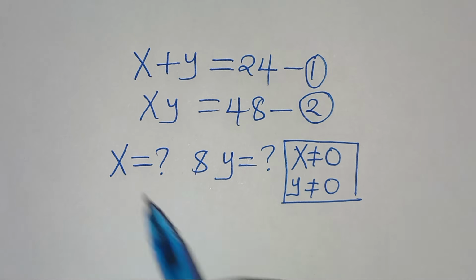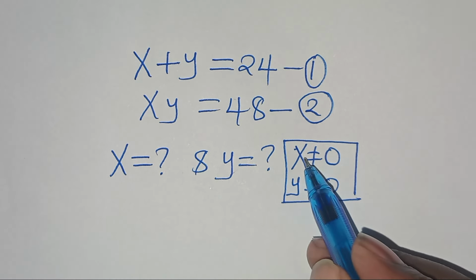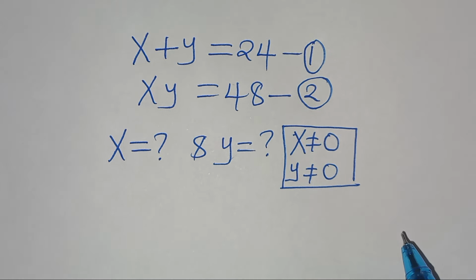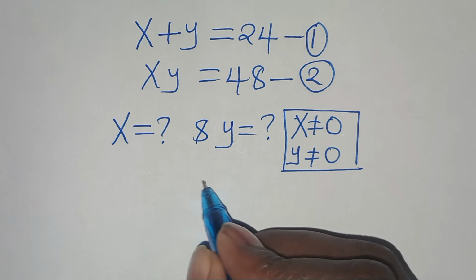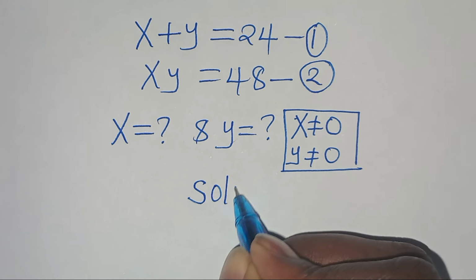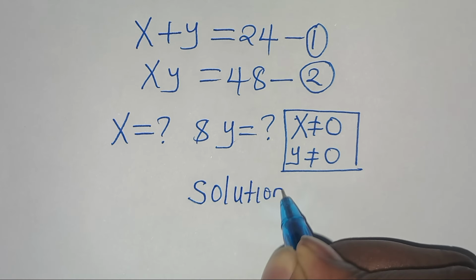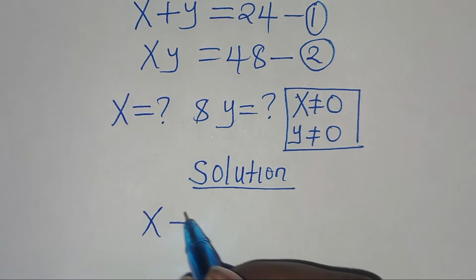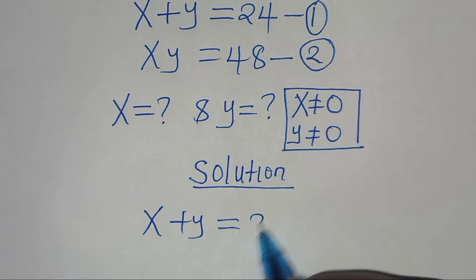What is the value of x and what is the value of y, given that x is not equal to 0 and that y is not equal to 0? So let's present the solution from here. Now, from equation 1, which is x plus y equal to 24,